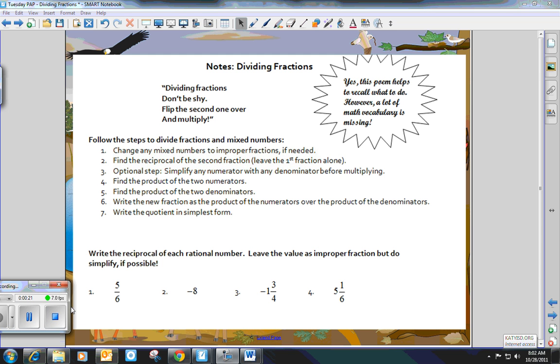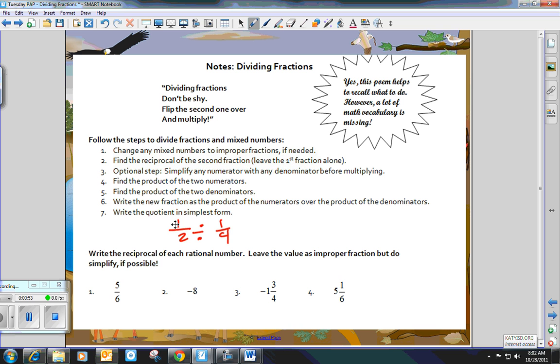So what we have to do here is we're going to take our set of fractions that we're multiplying. We're going to take the second fraction. So for example, if I had 1/2 times 1/4, I'm sorry, divided by. Ooh, what's 1/4 of 1/2 or 1/2 of 1/4? Okay, so 1/2 divided by 1/4, we're going to flip this second fraction over, and that's called taking the reciprocal